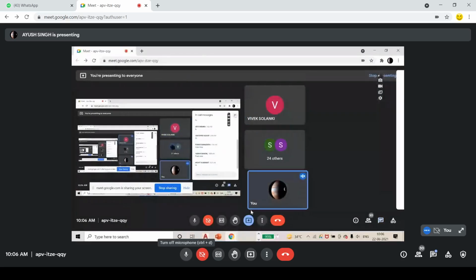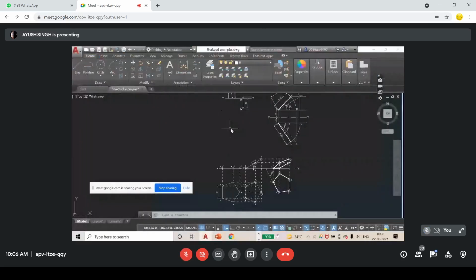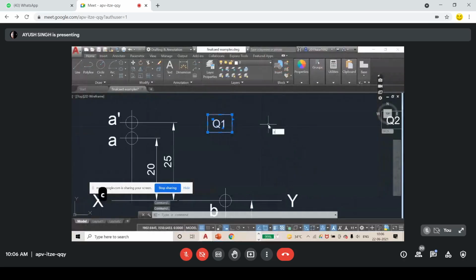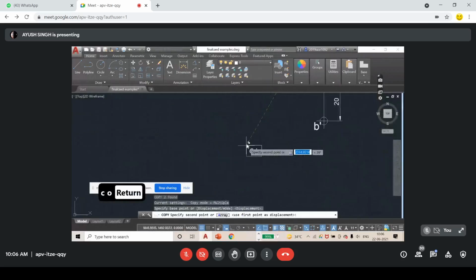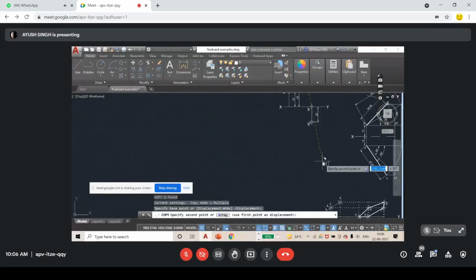Okay, continuing. So this was my question number 3. So I will just copy paste this question number. CO, enter, and copy, and here I'm going to place it somewhere where I should place it. Question number 3.